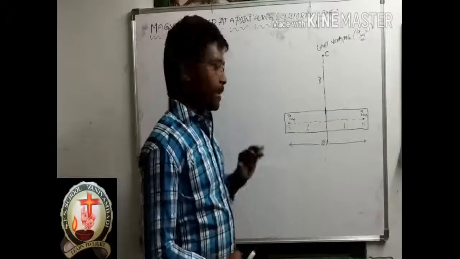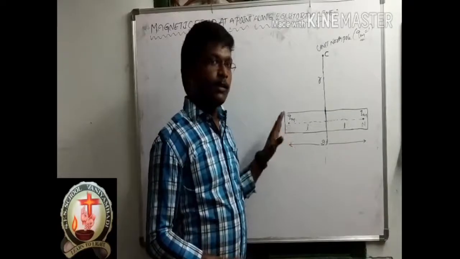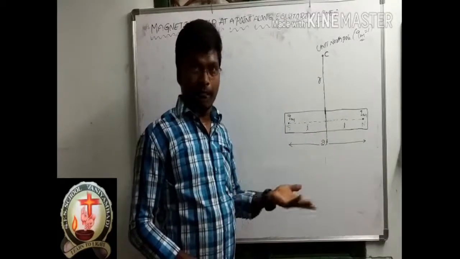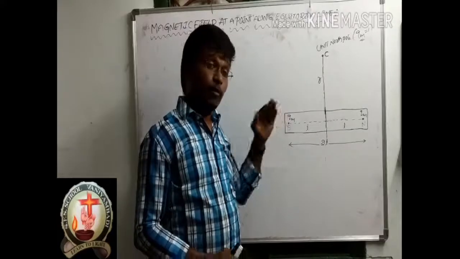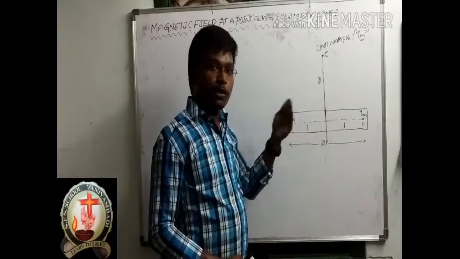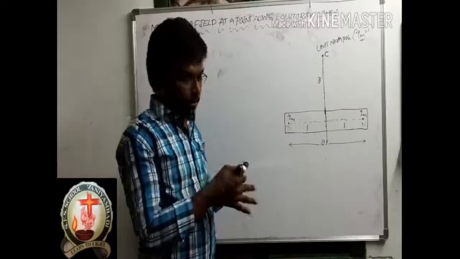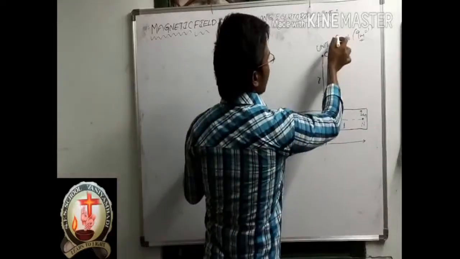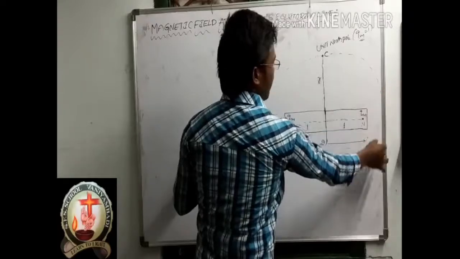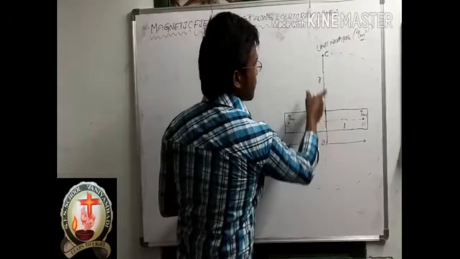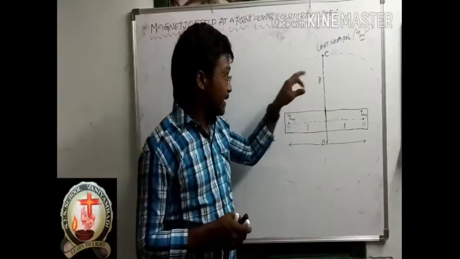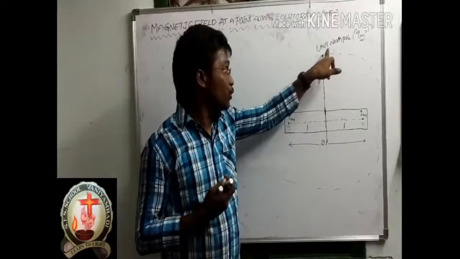First of all, we already know this is the magnet. Around this region, this magnet will create some amount of magnetic field, correct? If we place any other magnet in that magnetic field, based on the poles it will either repel or attract. Suppose this is the magnetic field region of this magnet. In this region, at this point, I placed one unit north pole.